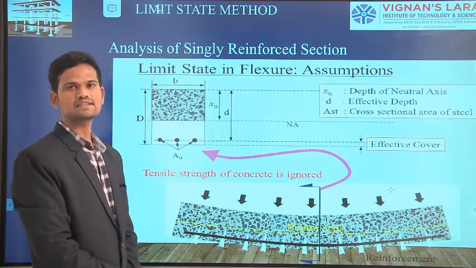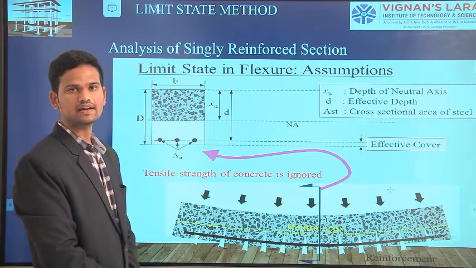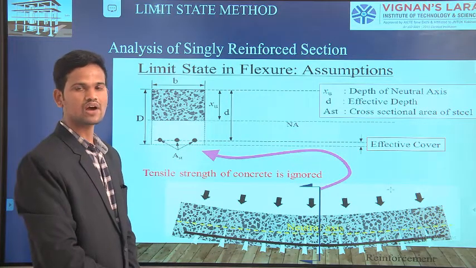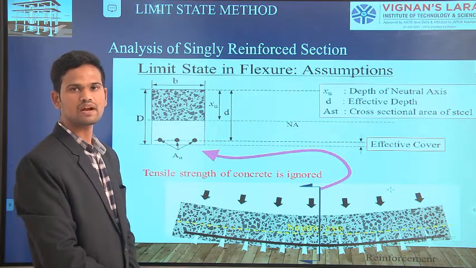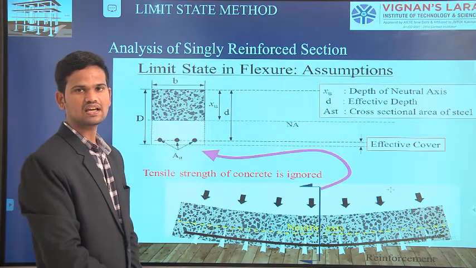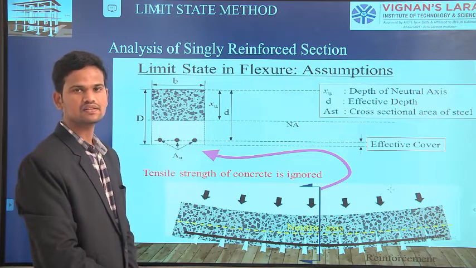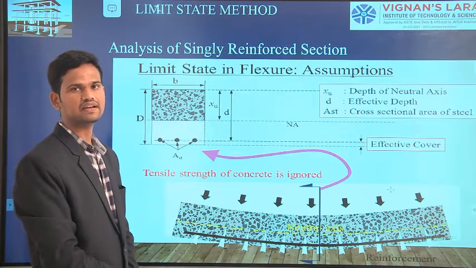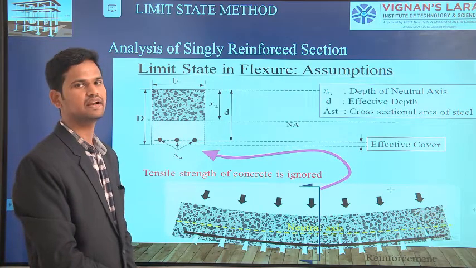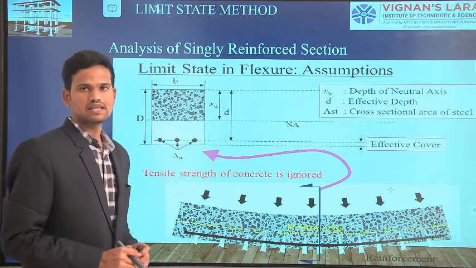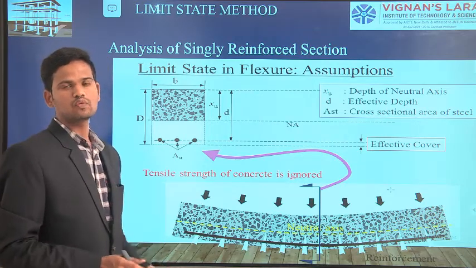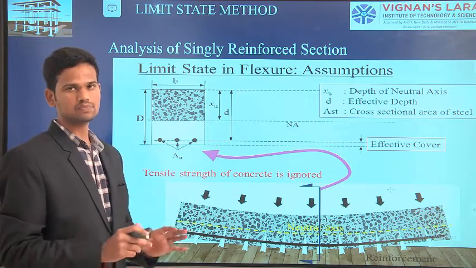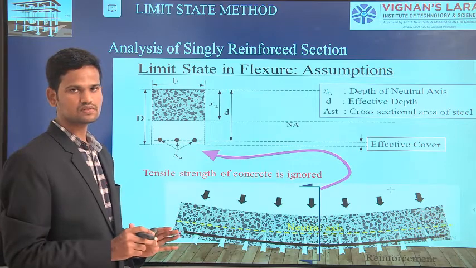In the last class, we discussed the stress strain diagram for mild steel. Already we have seen what is meant by stress, what is meant by strain, and the various types of engineering materials. We have seen the ductile material and the brittle material. This is the new concept. From today onwards we are going to learn something new. That means we are discussing the analysis part from today onwards.